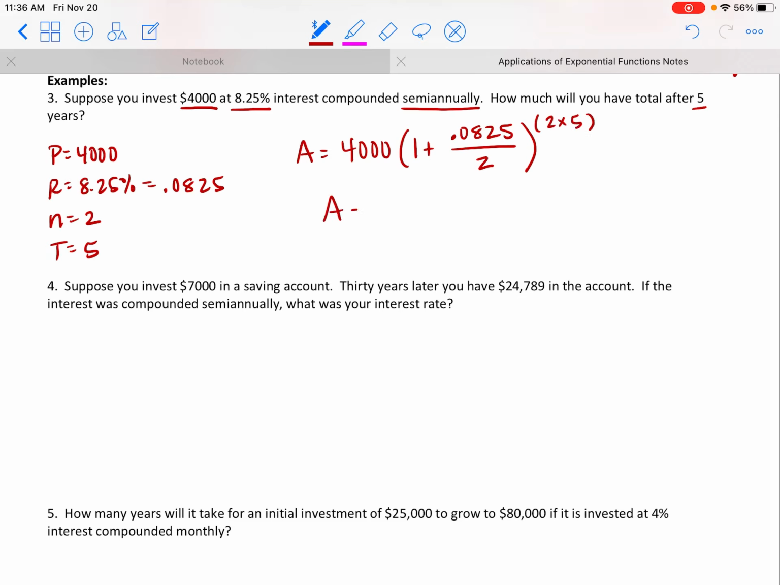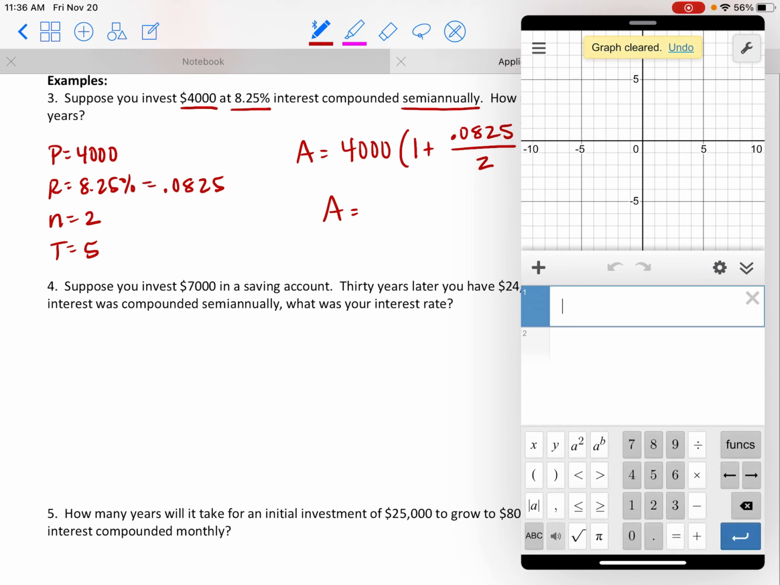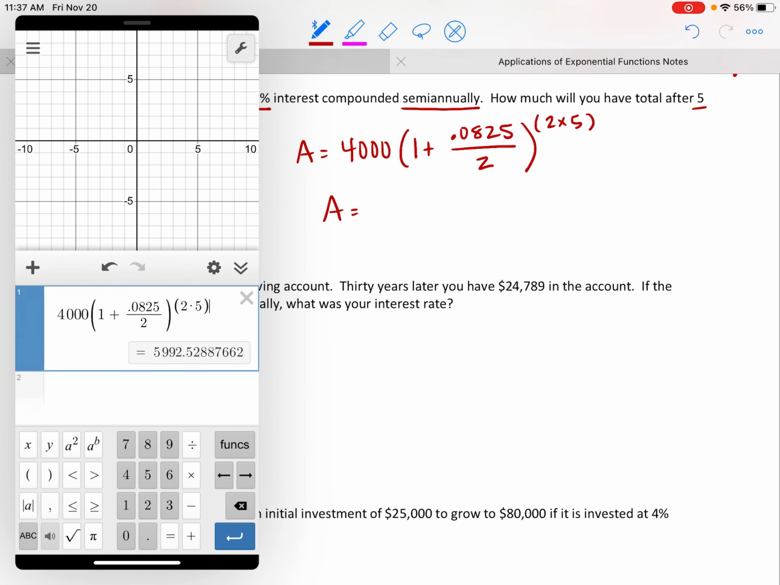And this one doesn't even require any solving. The a that we're looking for is already by itself, so this is literally just going to be plugged into the calculator. So 4,000 times 1 plus 0.0825 divided by 2. And then we'll close that parentheses off and raise it to the, in parentheses again, 2 times 5, or obviously if you just wanted to type in 10, that would be fine. And so our final accumulated amount is